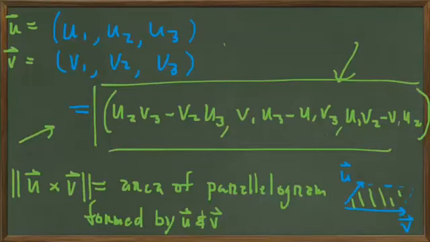is defined to be the area of the parallelogram formed by u and v, so it would be the area of this parallelogram. And another geometric significance is that if we have three vectors in 3-space, u, v, and w, then the